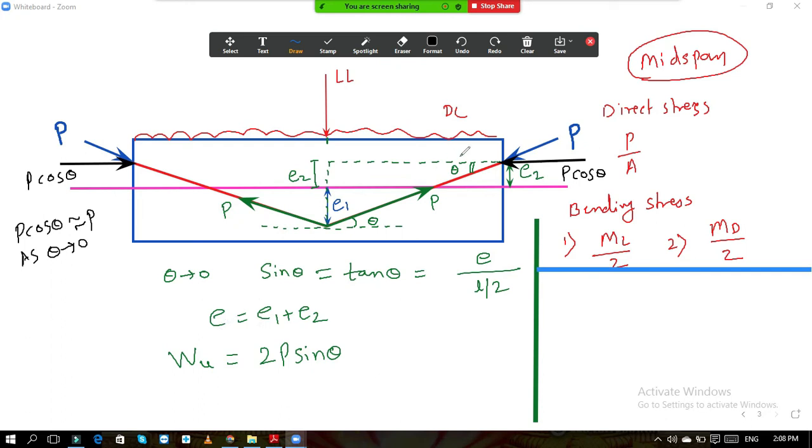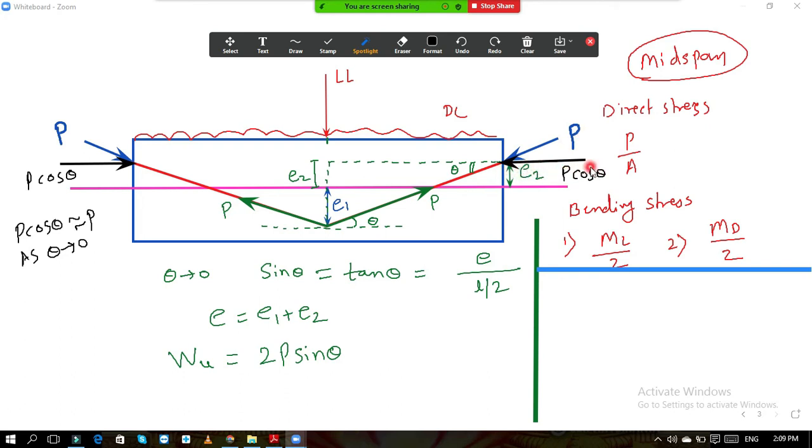Now if you see the position of this P, this is not exactly at the neutral axis. See the difference. This P cos theta, or P force, or stressing force horizontal component. Forget about vertical components. The vertical component is taken care of by this force, which is evaluated from the reaction of this bent tendon, that is 2P sin theta. This force is capable of taking care of these vertical components and this live load. So forget about vertical loads. I am talking about this stressing force.